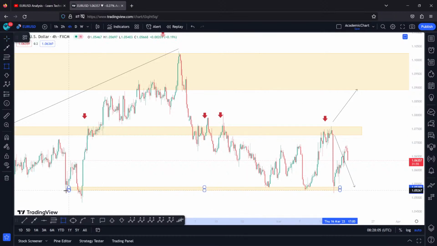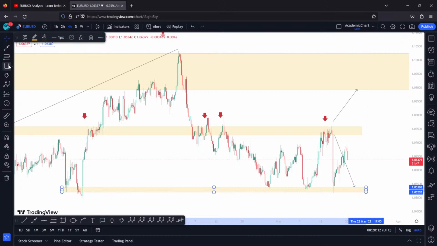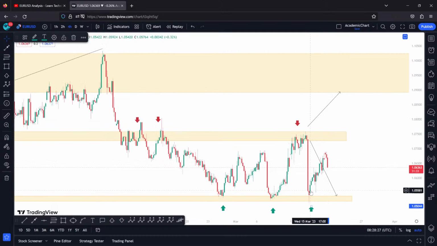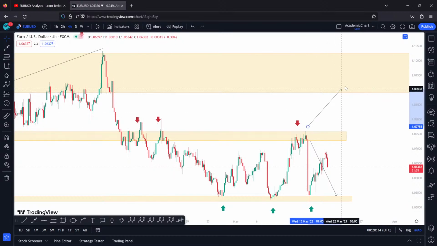We also removed that, but I want to bring it up again because it's a really important daily or hourly support zone. You can see how many times price has reacted to this level, and we have just seen that price again, after this very sharp momentum downside, has reversed from this support zone. But in case of returning back, a scenario that did not happen, and we were not expecting that much either,